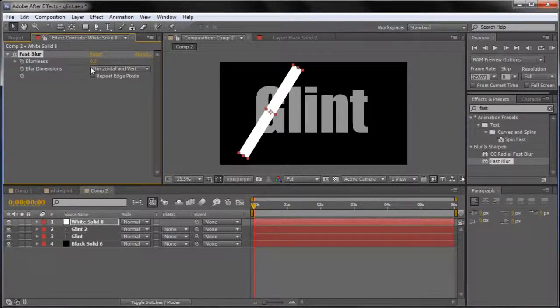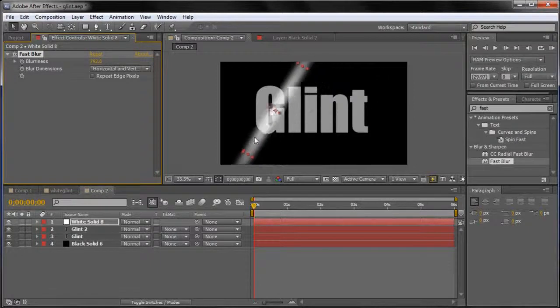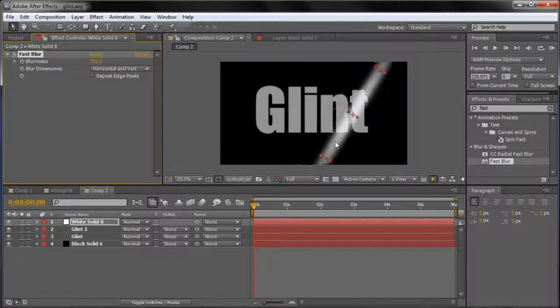And what we're going to do is just take the blurriness level here and drag it up quite a bit. I'm going to put it up probably around almost 800 here. So that looks about right. Depending again on the size of what you're adding this to, that value will change for your project. So now you can see that we have a pretty good effect going on here, but we're kind of missing the hotness in the center of our